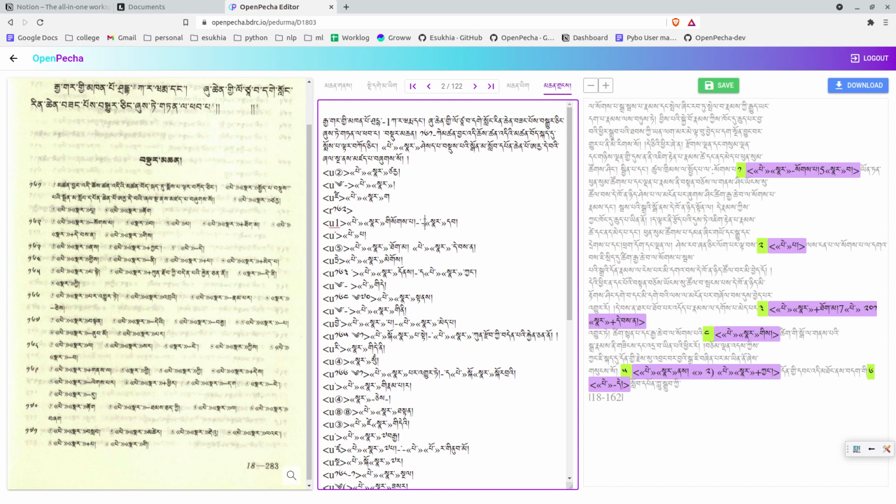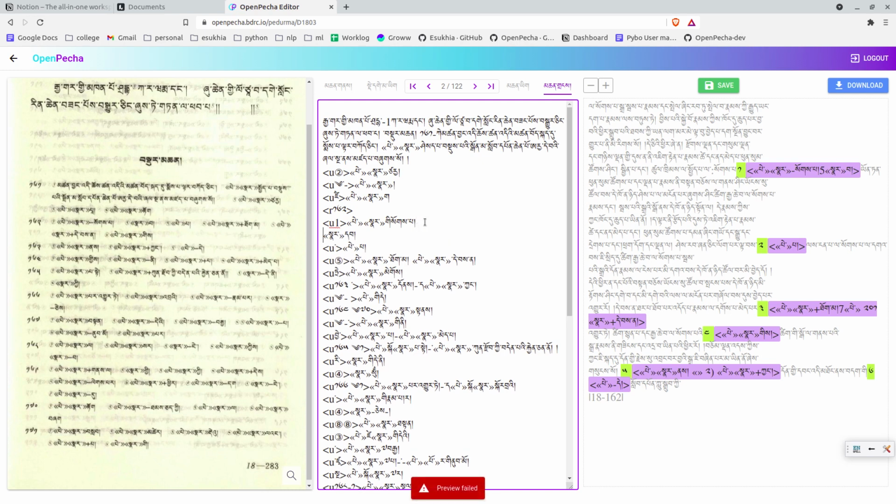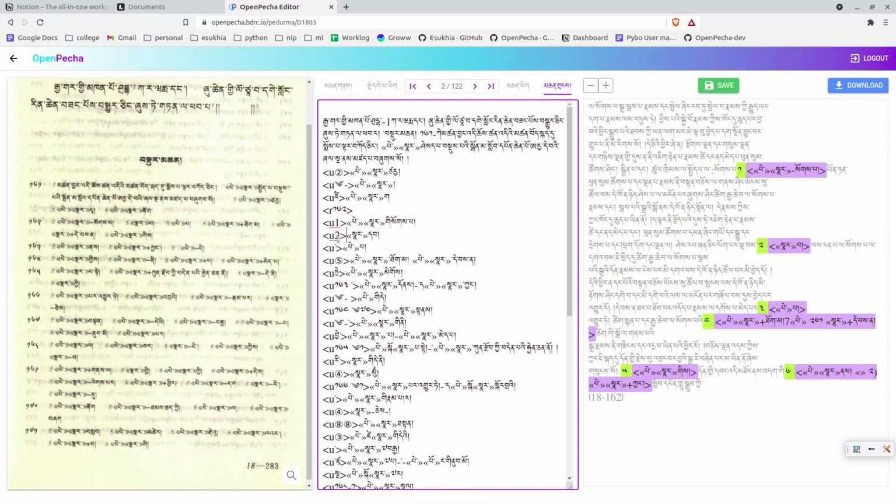Each line is dedicated to one node, so we will separate our second node onto the second line, and we will put node annotation on it. Once we have done it, you can see the changes happening in our preview page. Our preview page is loaded with a different node, and after that, you can compare the node content here.